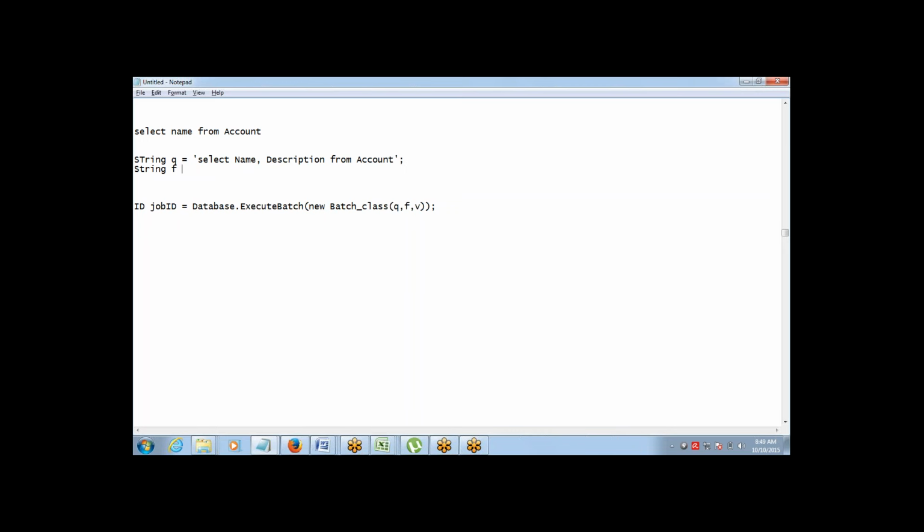String f = 'description'. And String v = 'updated using batch'.